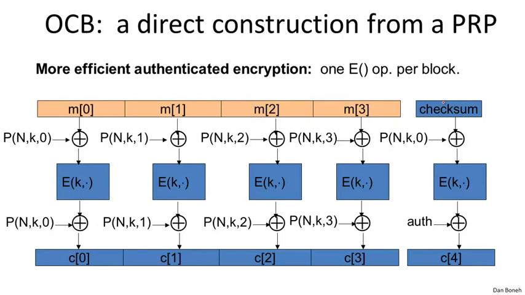In fact, if you think about how this combination works, let's say we combine counter mode with CMAC, then for every block of plaintext, you first have to use your block cipher for counter mode, and then you have to use your block cipher again for the CBC MAC. This means that if you're combining CPA secure encryption with a MAC, for every block of plaintext, you have to evaluate your block cipher twice, once for the MAC and once for the encryption scheme. So the natural question was, can we construct an authenticated encryption scheme directly from a PRP such that we would have to only evaluate the PRP once per block?